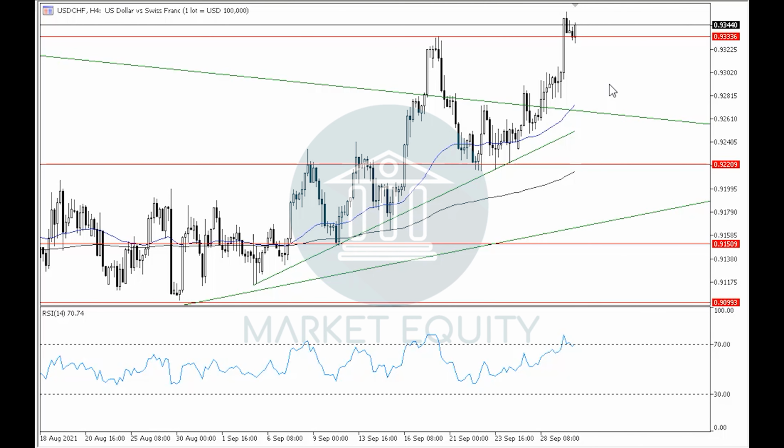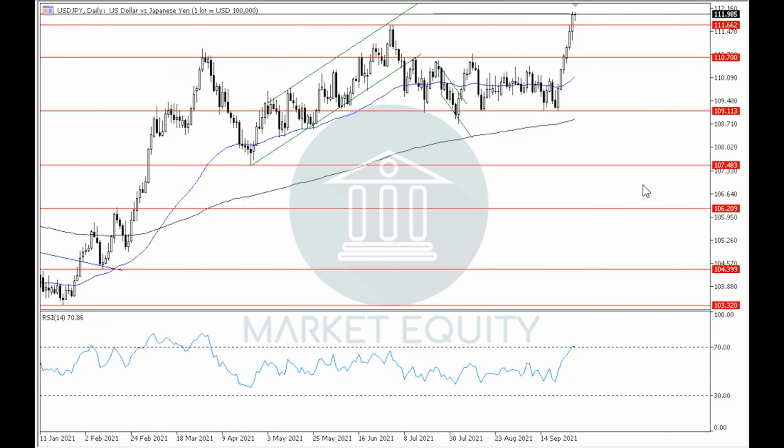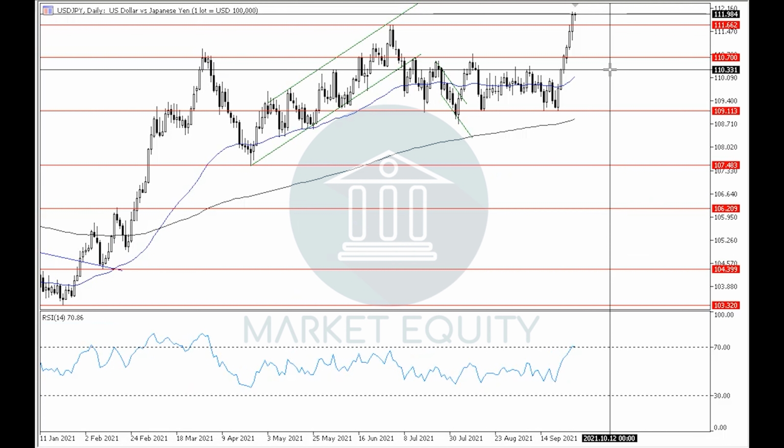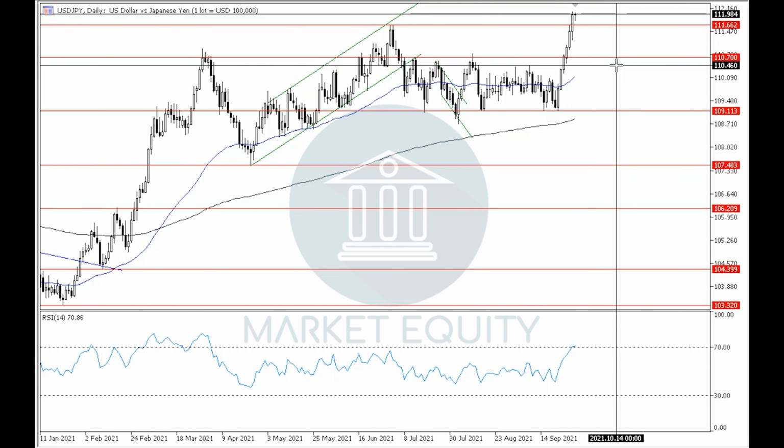Let's move on to the US dollar versus the Japanese yen. In the previous videos, we said that the pair started an uptrend in the daily time frame after breaking upwards to level 110.40, which was a horizontal resistance level for the pair in the daily time frame, and recently the pair broke upwards to level 111.65, which was a horizontal resistance level for the pair in the daily time frame,